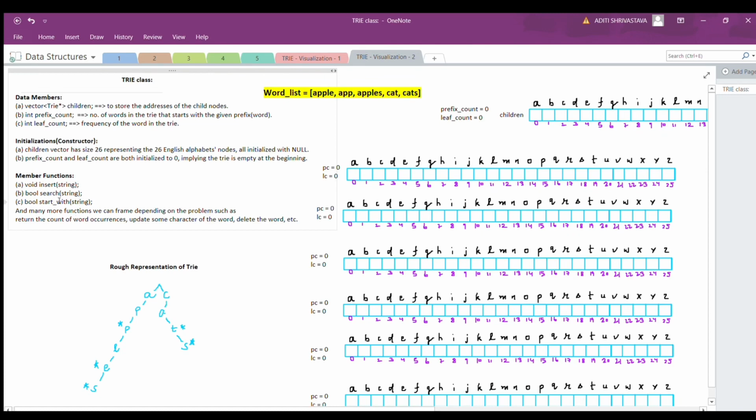So that is the startsWith function. Many more functions you can frame depending on the problem, such as returning the count of word occurrences, how many times the word has come. In that case, instead of the boolean return type, we have to take an integer return type. There could also be updating some character of the word, deleting the word, etc. So according to the use case, we can have various member functions.